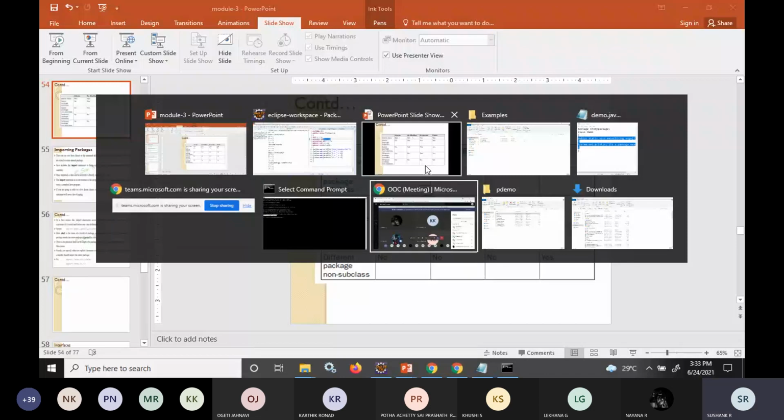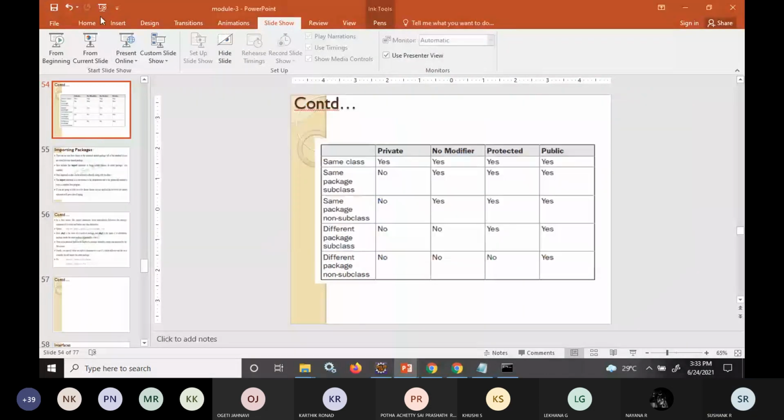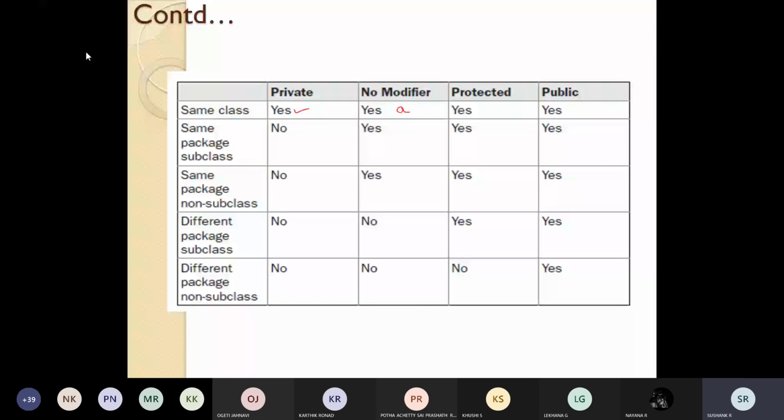D was public, C was protected, and B was private. So within the same class, you are able to print A value, B value, C value, D value. Everything was accessible.